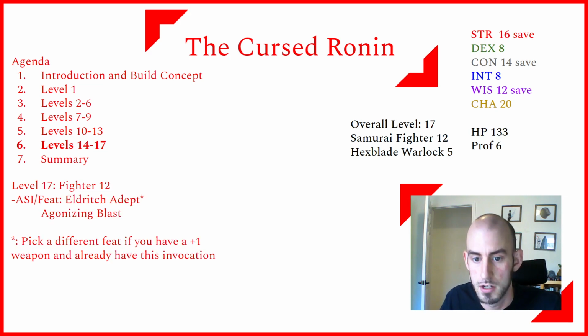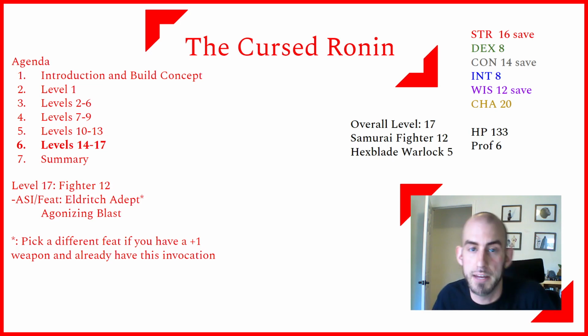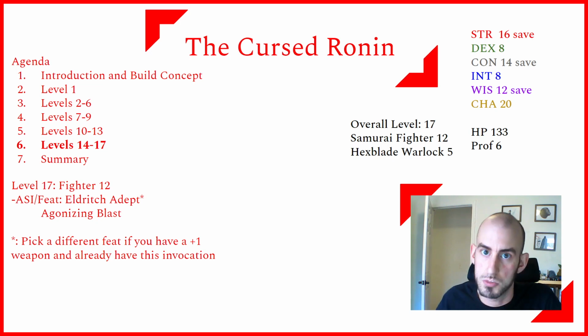4 beams. So at level 17, we're going to be a fighter 12, and we get another ability score increase or feat, and I'm going to be taking the Eldritch Adept feat. What this does is it lets you learn an invocation from the Warlock list. If it has prerequisites, you can't take it unless you're a Warlock that meets those prerequisites. The requirements for this one are having the Eldritch Blast cantrip, and we're going to be taking Agonizing Blast here